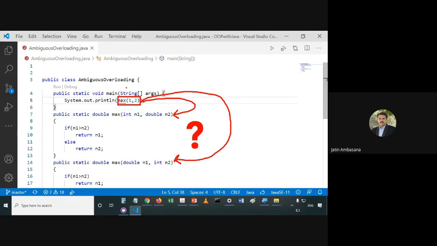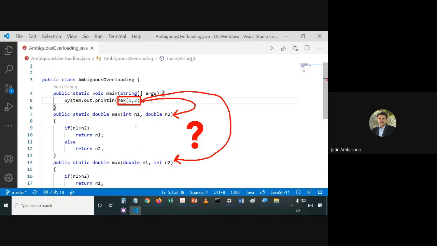Over here the compiler is confused whether to assign this two to this double, or this one to this double, or this one to this integer, or this two to this integer. It gets confused because the values are assignable to both the declarations.